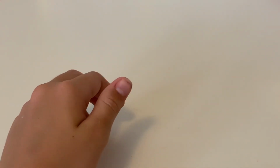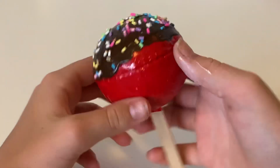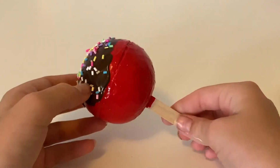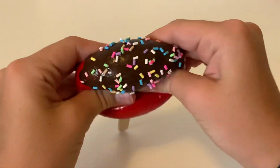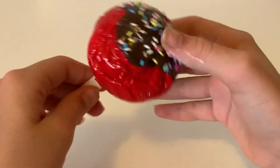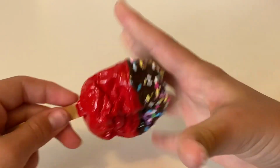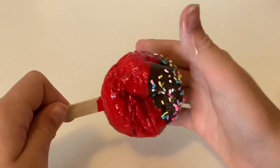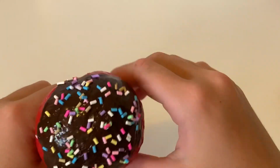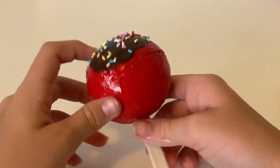So the last one of my favorites is this candy apple, and I really like it because it's so red and it's very slow rising. I did just paint the red, patch up some of the red part today, so it's a bit tacky, but it's still really nice. So yeah, that's basically it for this video,